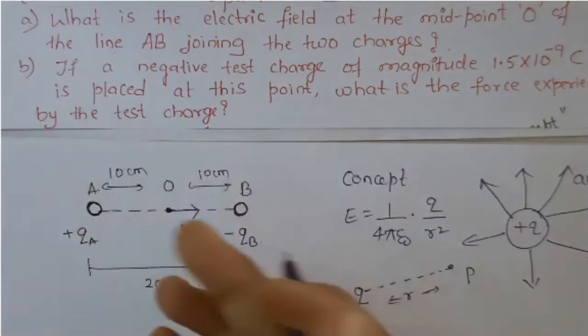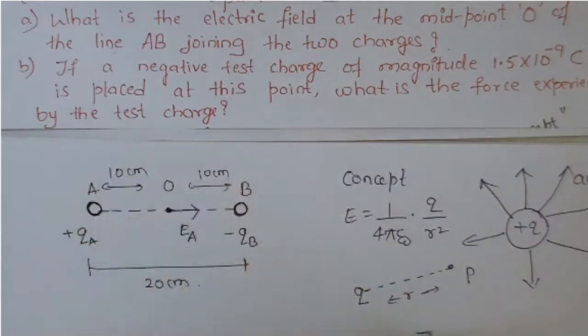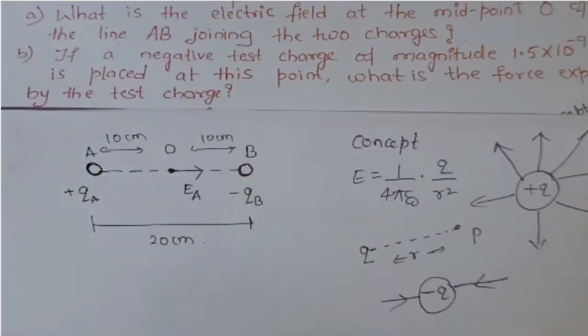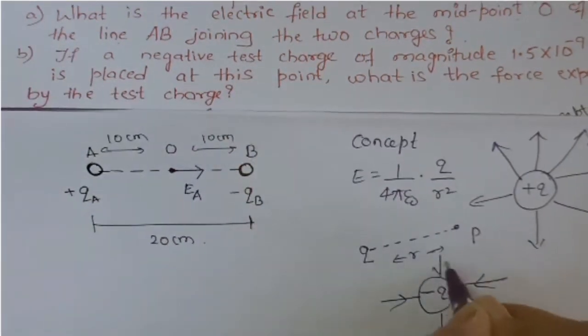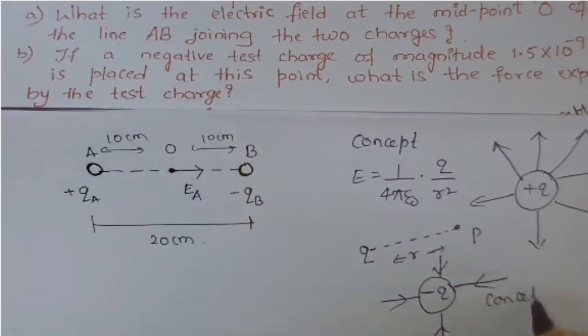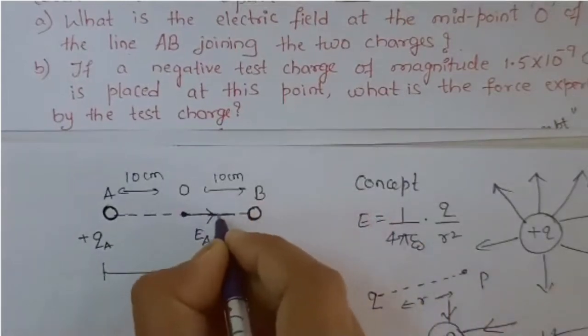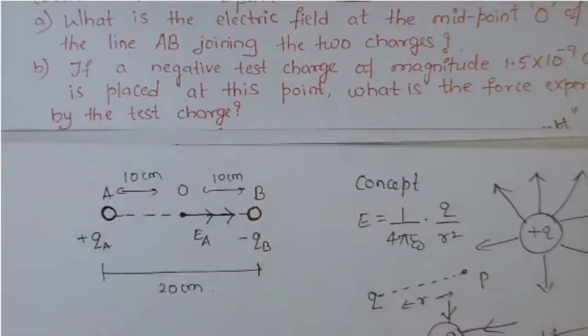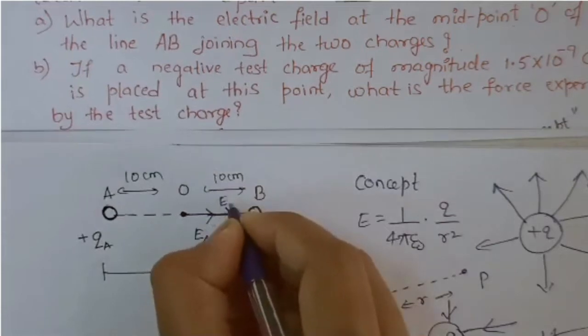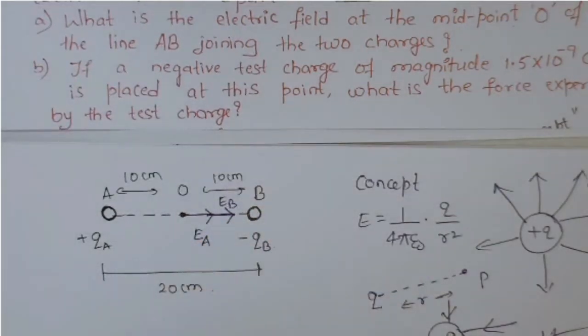Okay, now we'll see about its direction. So what is the direction due to negative charge? It is towards the charge, negative charge, this concept. Is that clear? So that means you're using here this concept. So what is the second electric field? Towards the negative charge is this. I'll take it as EB. Now you just observe both the electric field directions, how they are in the same line.